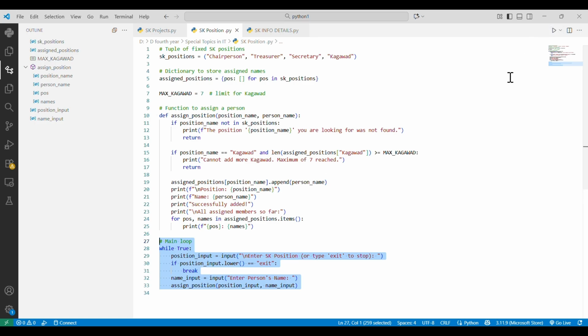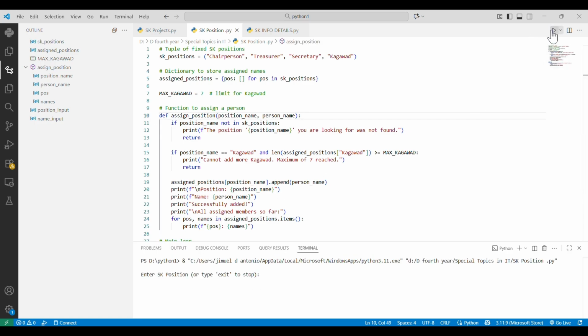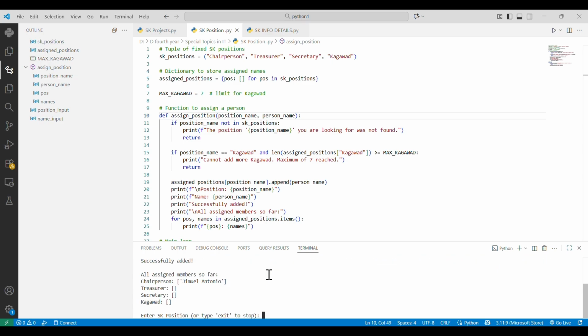So we will try to input the chairperson. Here, it was successfully added. The chairperson was Jimal D'Antonio. Next, we will try to enter treasurer.